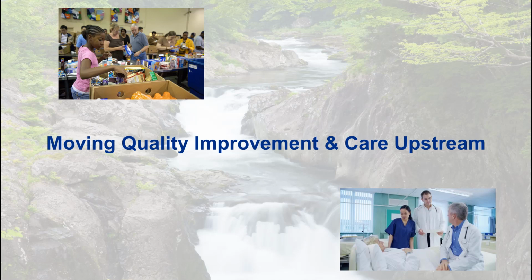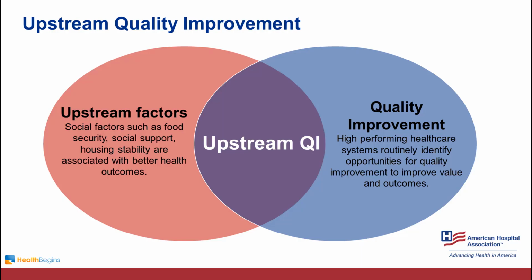How can we run an improvement project the same way that we would, bringing together different teams from within the hospital with different teams from within the community to address social determinants of health? This idea, using quality improvement to advance and accelerate upstream work, is what we call upstream quality improvement. And it exists at the intersection of the use of improvement tools and methodologies that hospitals have been using so successfully for so long, with the need to look at new upstream care pathways given the social factors that impact